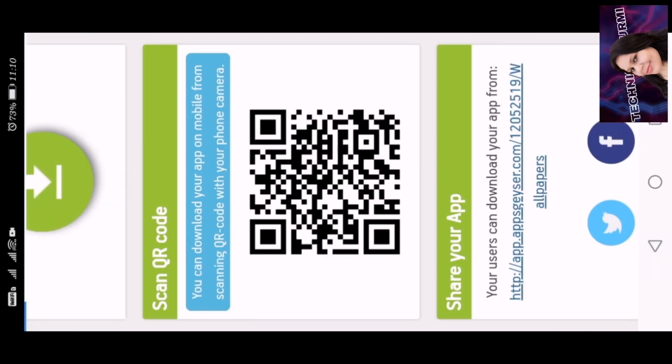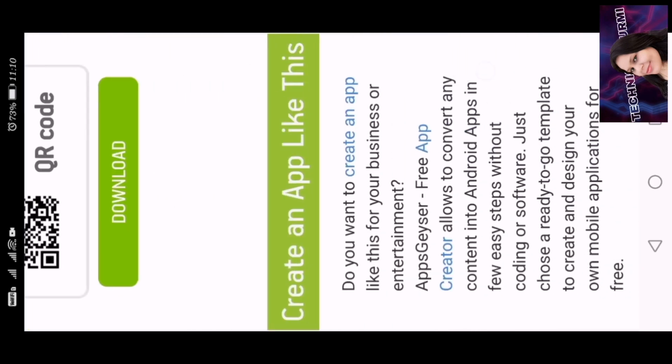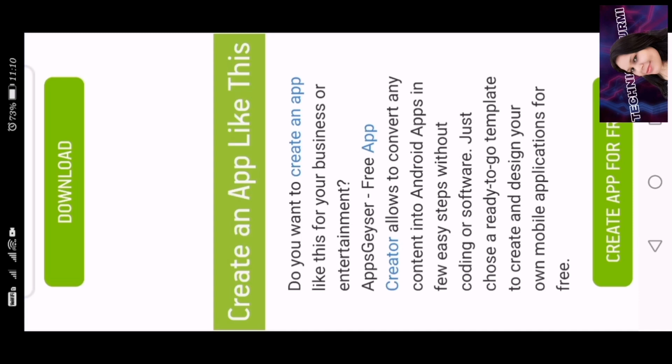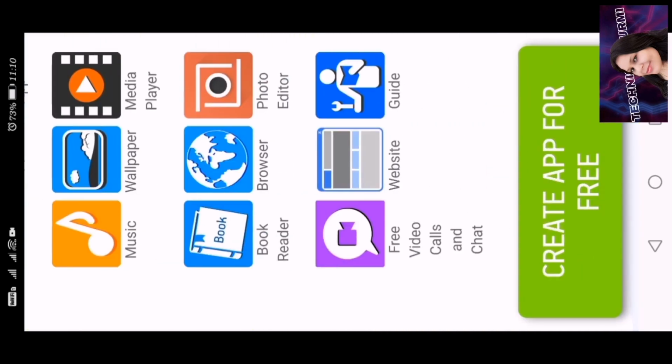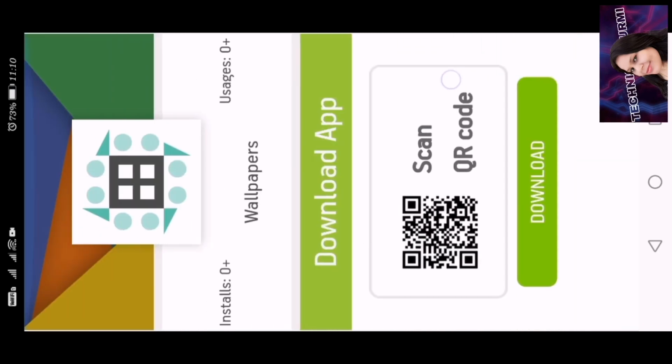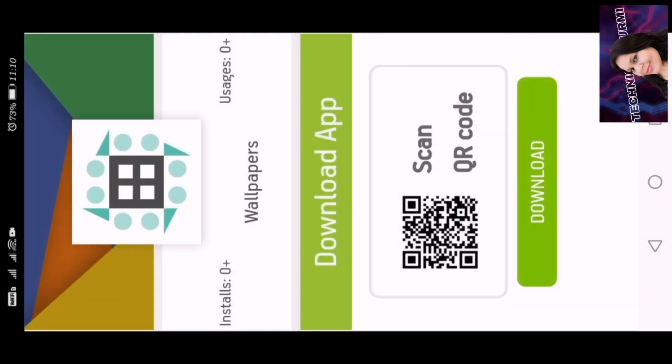You have to make some payment. After that you can see your app there also. So just go to creating the app and downloading. If you want to create more apps, then go to the starting page again. You can see downloading is going on.